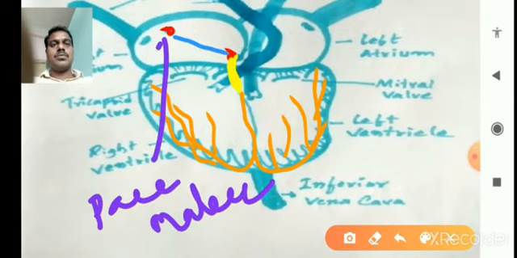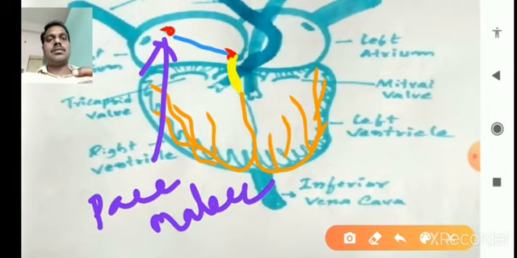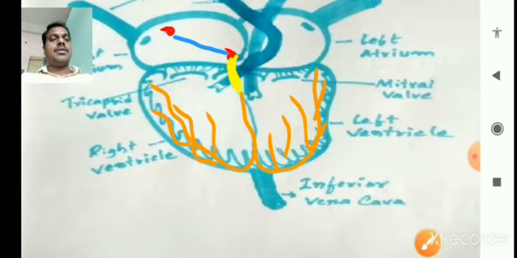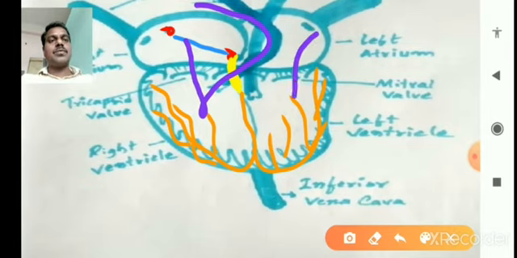This SA node is called the pacemaker because it continuously produces signals to the AV node, and then the bundle of His and Purkinje fibers. So then the heartbeat is present. When the heartbeats are going on, the blood is transferred from the auricles to ventricles, and from the ventricles to the lungs on the right side. On the left side, the oxygenated blood is transferred from the auricle to the ventricle, and again to the main aorta, right?